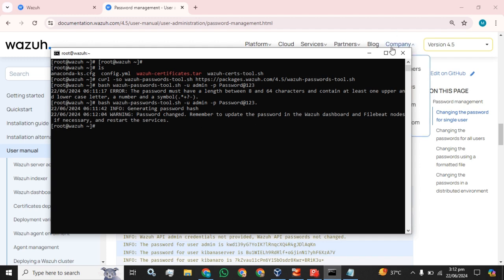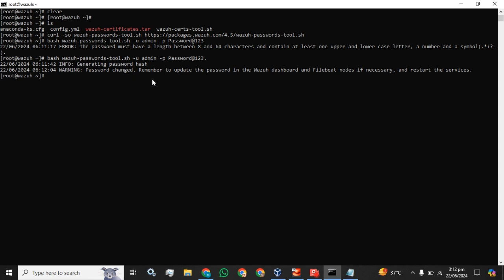Okay, after the password change, remember to update the password in the Wazuh dashboard and Filebeat nodes if necessary, and restart the service. I am just going to restart all these services one by one.